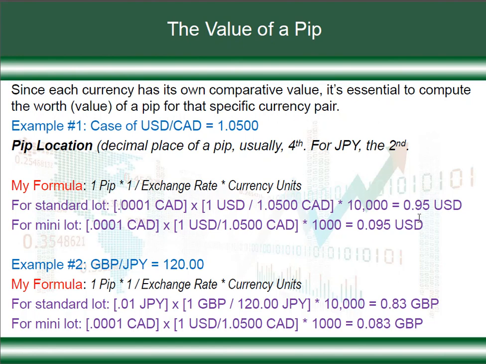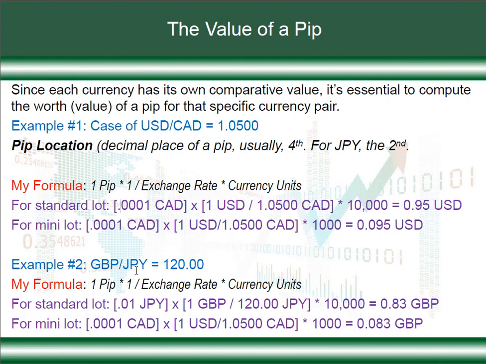In other words, whenever USD CAD moves by 1 pip, like now, if it moves from whatever price it is by an additional pip, you will see your account balance adjusting by 0.95, roughly. The second example applies the same concept, okay? But now here you are dealing with a Japanese yen, which we said is not in 4 decimal points.